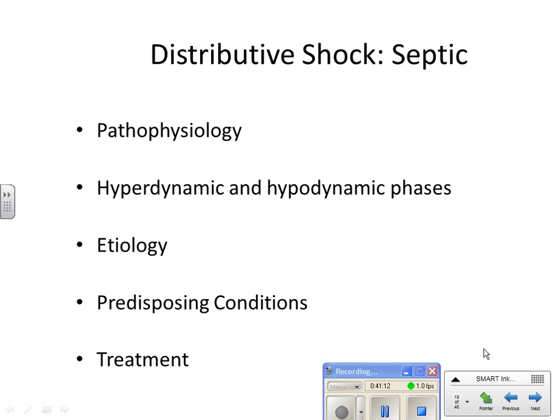So that's the chemical, in this case the bacteria or whatever the causative organism is, that causes the SIRS response, that damages the blood vessels and causes capillary leak. And they drop their blood pressure and their mean arterial pressure because fluid is leaking out of the intravascular space. There's two phases of shock that you will hear talked about. There is the hyperdynamic or warm shock. You may have heard it referred to as warm shock, or the hypodynamic, which is the cold shock.